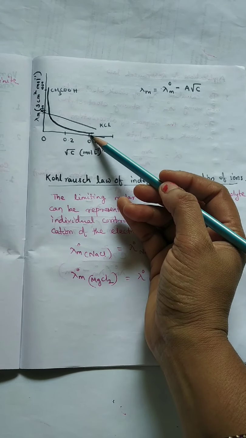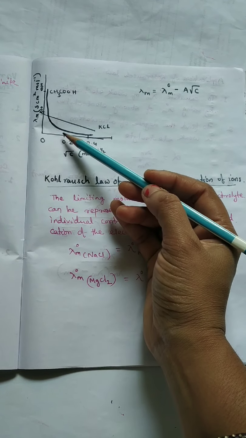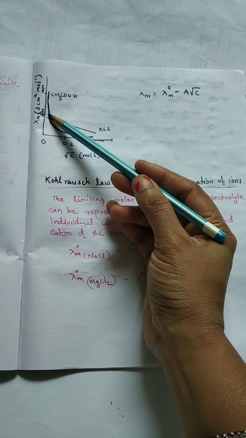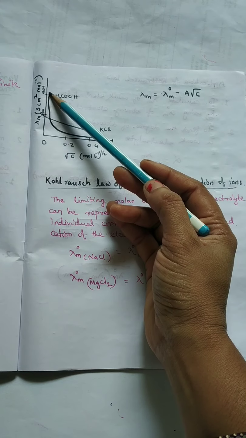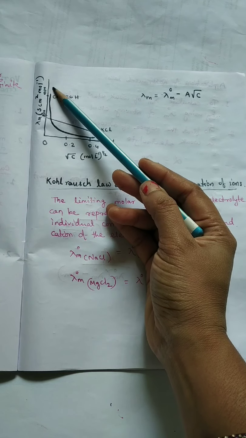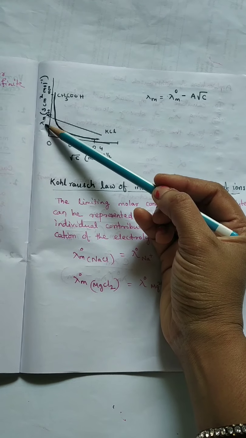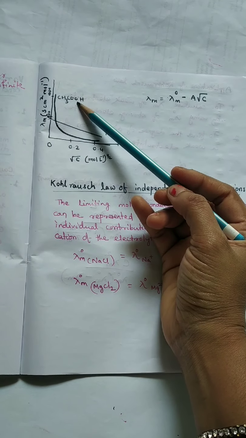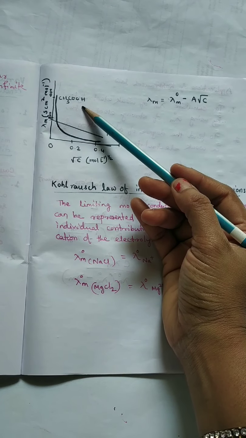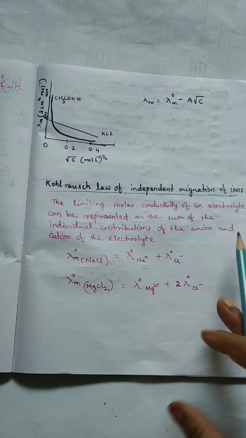But for weak electrolytes, as the dilution increases and the concentration approaches zero, there is a rapid increase in the molar conductivity of the weak electrolyte. Now, if this graph is extrapolated, we cannot find the value of limiting molar conductivity for weak electrolytes. So, to find the limiting molar conductivity of weak electrolytes, Kohlrausch's law of independent migration of ions